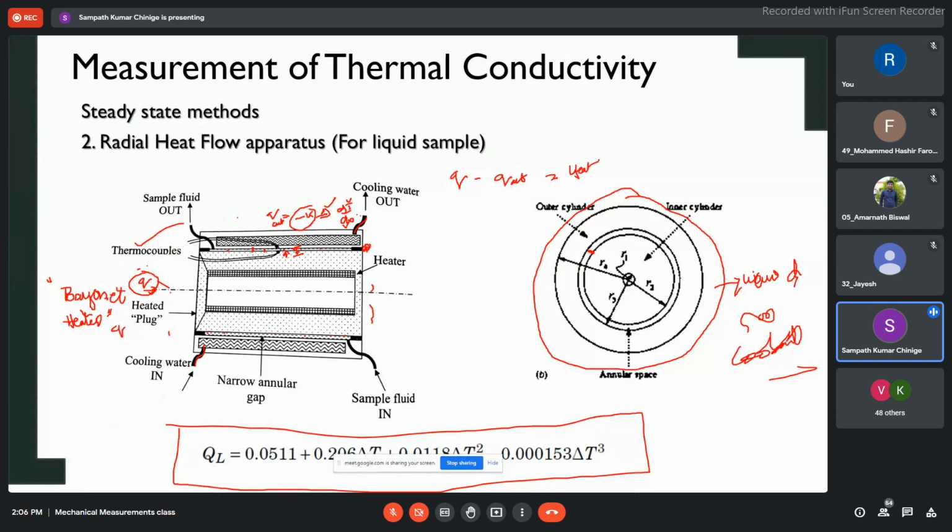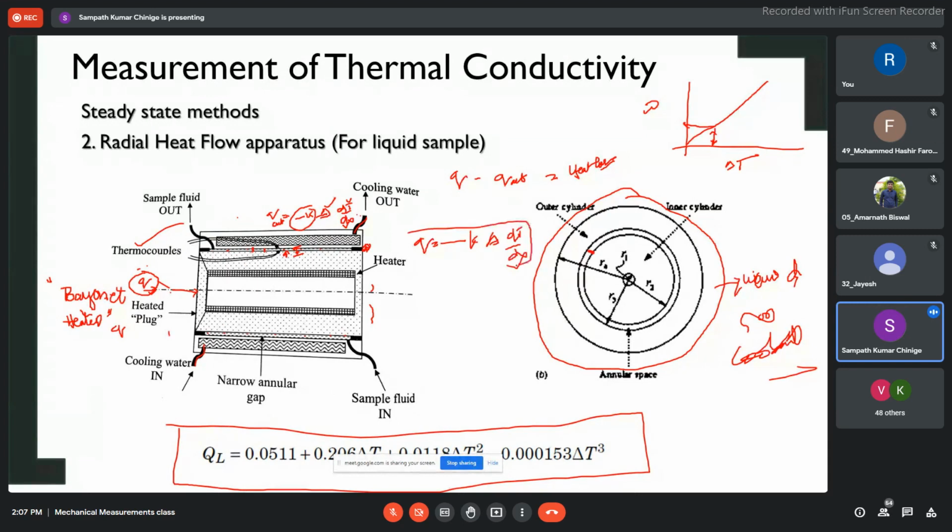So while actually doing your experiment, you also know what the heat loss from this particular experiment is. At different heat inputs, you will find out the heat loss with temperature difference delta T. So for different temperatures, what is the loss you are estimating here? Whatever heat input we are giving, for that you take out the loss. The rest you use for the calculation of minus KA dT by dx for any particular case.